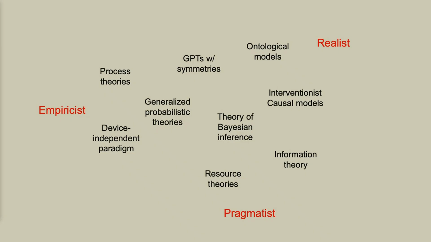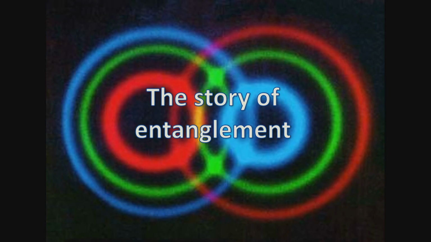So I want to tell you about what those are and how they can help us axiomatize quantum theory in some operational approach, and maybe teach us something about the principles that will help us get a realist interpretation of quantum theory. So I'm going to tell you a little bit about how we came to be thinking about quantum theory through the lens of resource theories, and that's the story of entanglement theory. So there were people who, in retrospect, were thinking resource theoretically prior to entanglement theory, but I think this is the main avenue by which it came into the foundations of quantum mechanics.